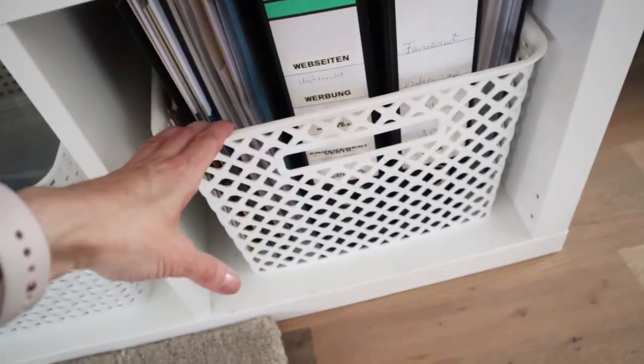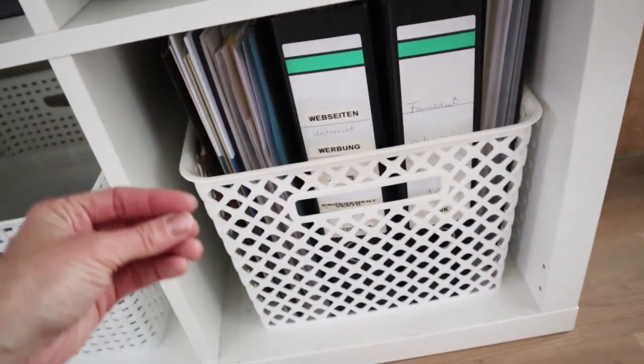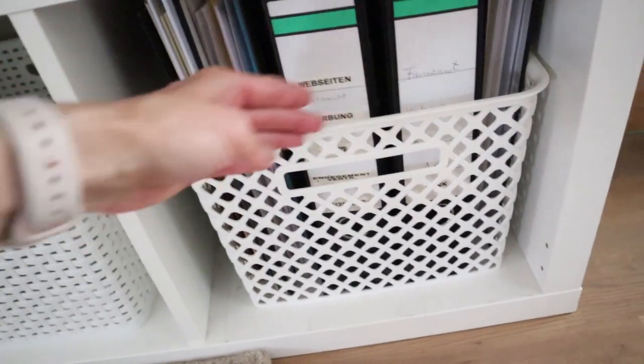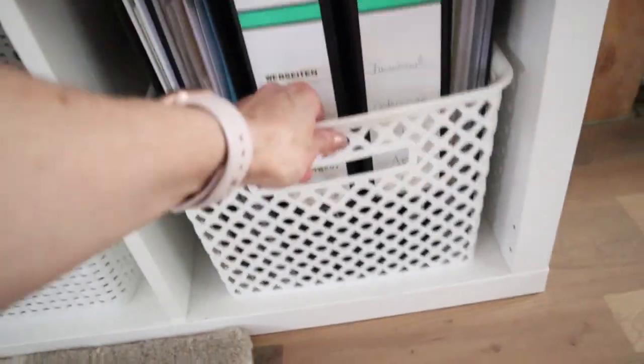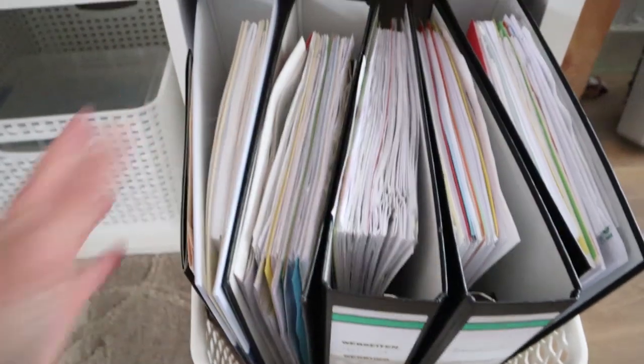So that is that. Underneath here, I have all my paperwork, really. This is all the paperwork I have. I really minimized. I have digitalized a lot. I do my taxes, and this is all our documents that we might need access to. It's all in this basket, and what I love is whenever I need to work on paperwork,